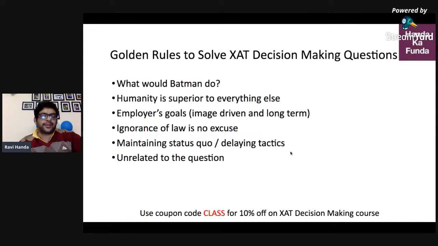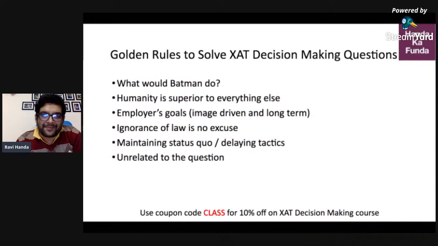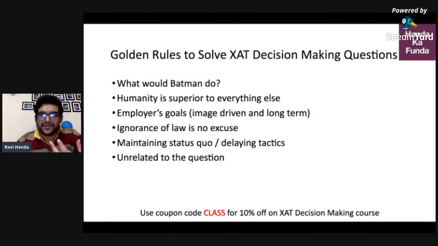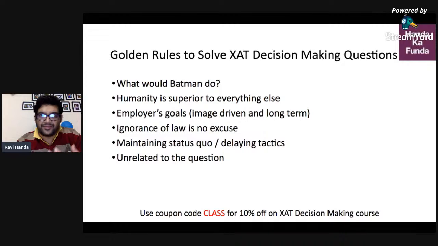Then sometimes some of the choices are once again unrelated to the question. So let's say the question is talking about how you should deal with the water supply being contaminated, one of the options will be that you don't worry about the current water supply and you source your water from somewhere else. That is not the right approach. That is not something that should be done. That's the wrong way to deal with it. That's something that should be avoided, the unrelated stuff.